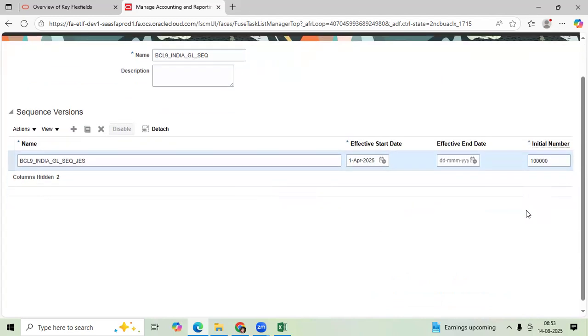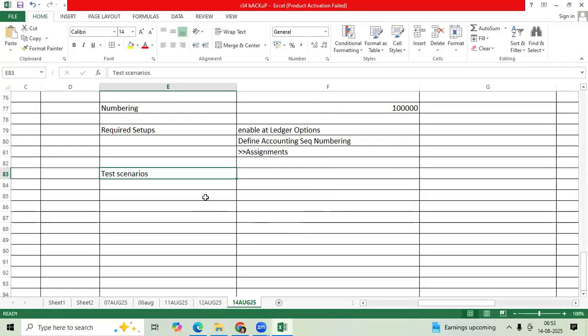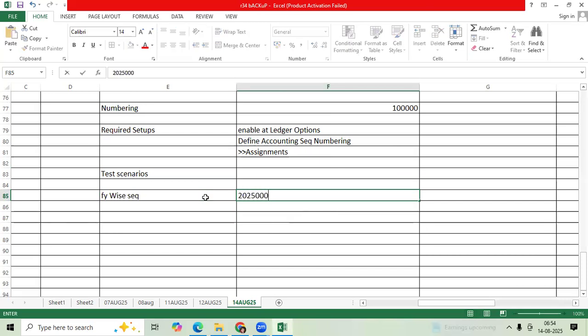Okay, 1 lakh. Sometimes the client may ask, can I maintain a financial year wise sequence? Yes. Then give the prefix 00. You can give a number. When I was working for one client, they requested me